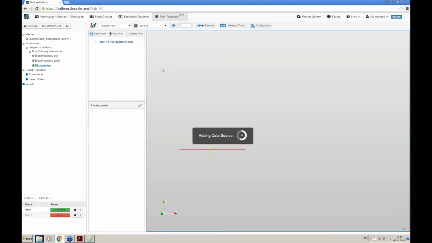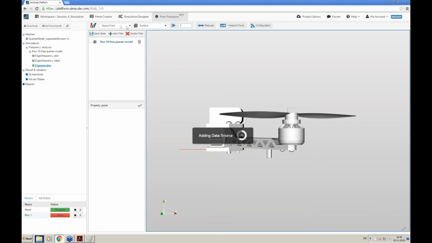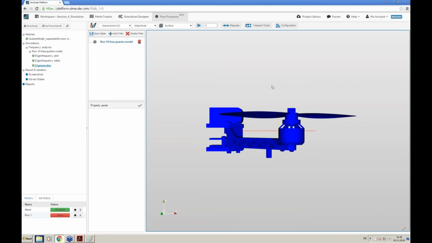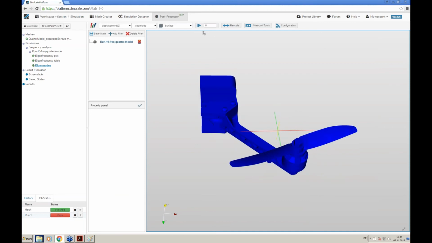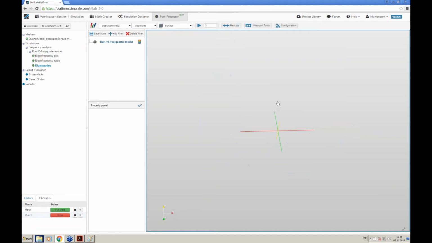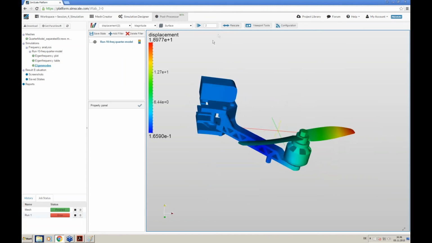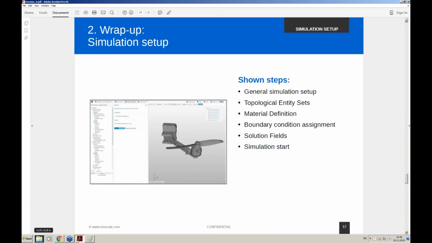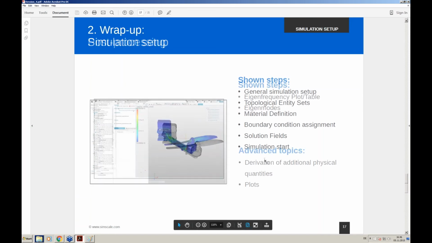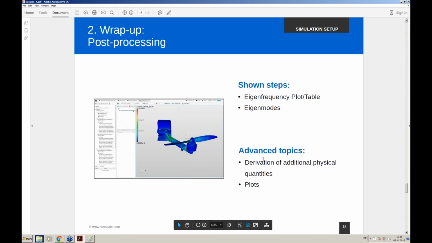For example, here we can change the field to displacement, and then we can check different eigenmodes. For example, here you can see the displacement. Yes, that's it. So we talked about eigenfrequency plot table and